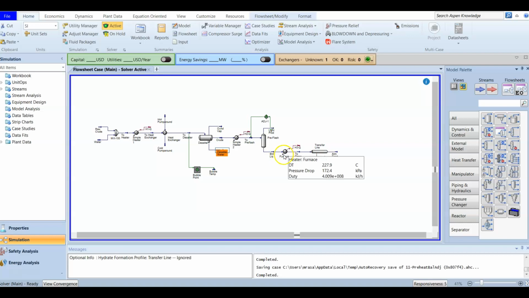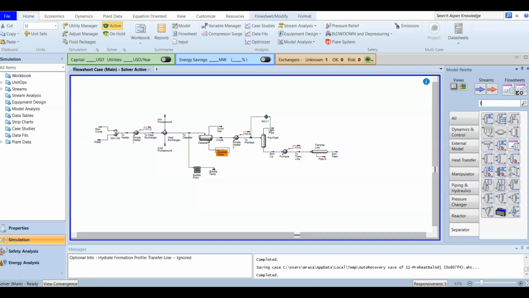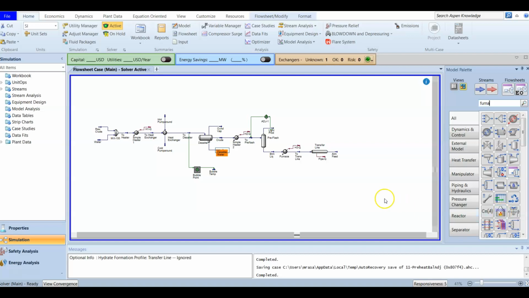In this case, it's represented as a heater, but you have a furnace here. So if we go to here and write furnace, you should have a furnace here. This is a fired heater or a furnace. Long story short, I'll be giving you this case and you are going to download it,